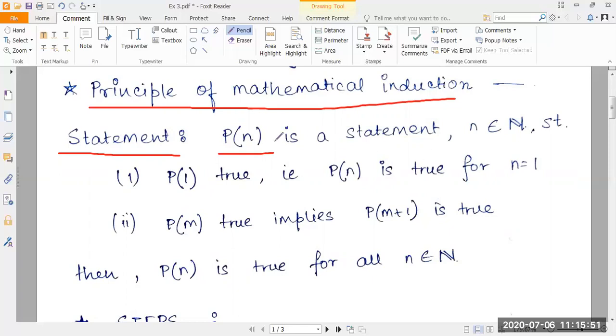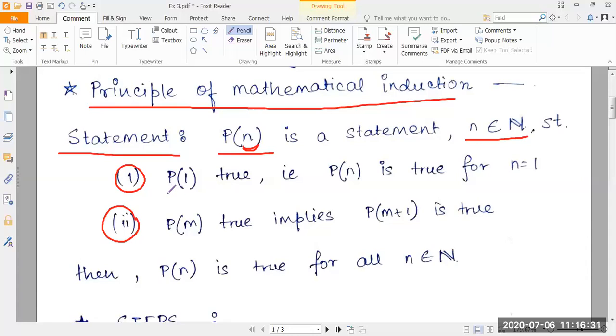So when we say 1 plus 2 plus 3 plus dot dot dot up to n equal to n into n plus 1 by 2, that equation itself is a statement which concerns a particular value of n, and that statement is represented by P of n. And needless to say, n belongs to the set of natural numbers, so n can be 1, 2, 3, 4 up to infinity. So let's say Pn is a statement as we have defined it, and if we get two conditions, then we can say that the statement is true for all values of n. So let's find out what these two conditions are.